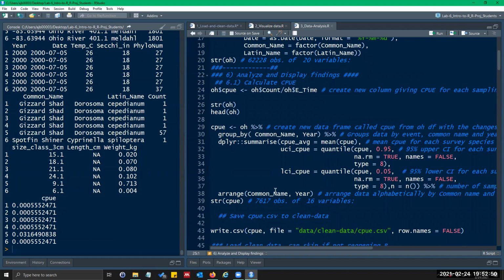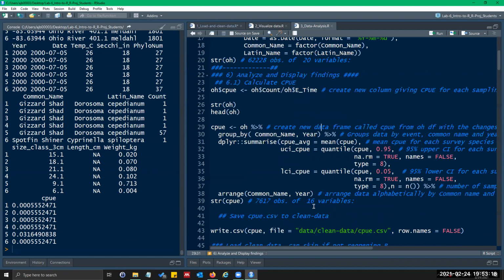So now we need to create a new data frame called catch per unit effort. So we're going to take our Ohio data frame, which has our new catch per unit effort. What we want is the average catch per unit effort, the upper and lower confidence intervals for all species and all years.